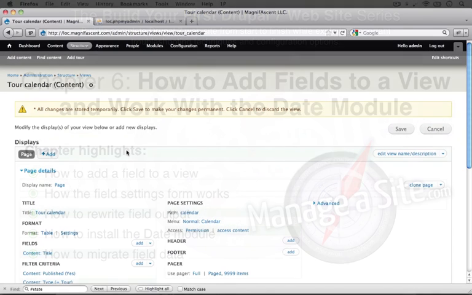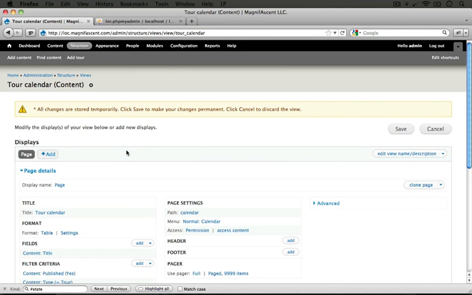In the last chapter, we ended by looking at the views interface for adding a view. And again, a view is simply a way to display content using the views module. In this case, we're building a table of content for our calendar page. So we've gone through the wizard part and we've explained what the various groups of settings are on the second settings page. Now let's go ahead and begin adjusting this view so that it starts to look like what we